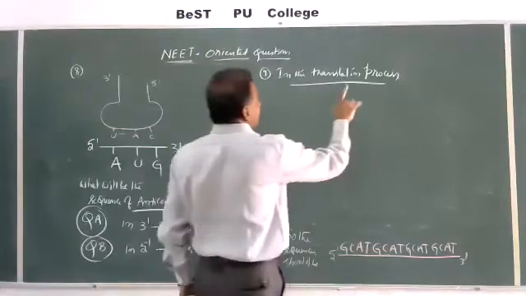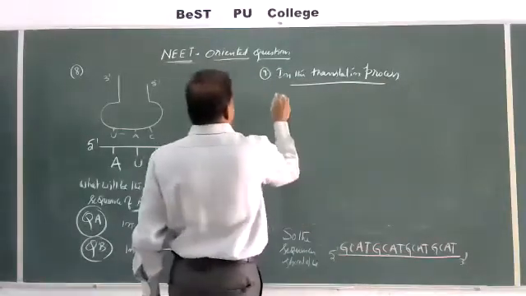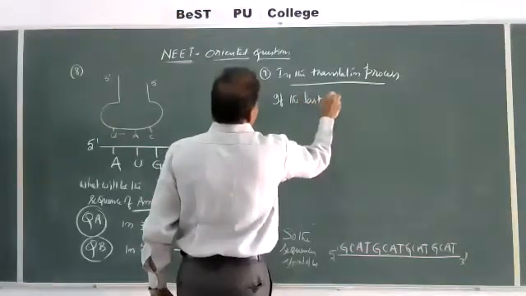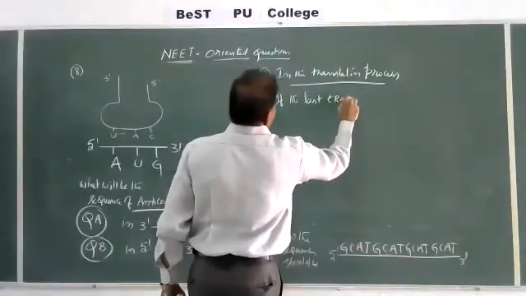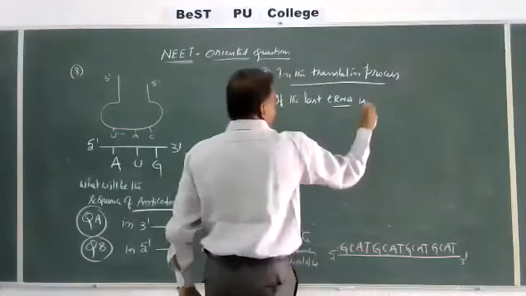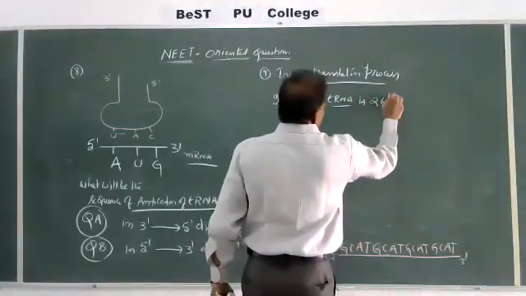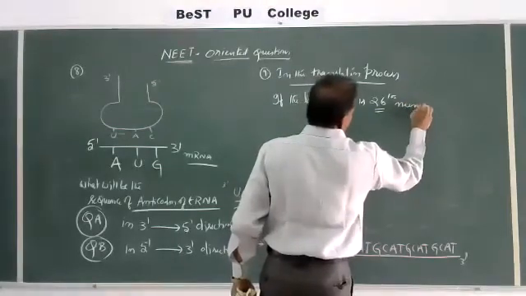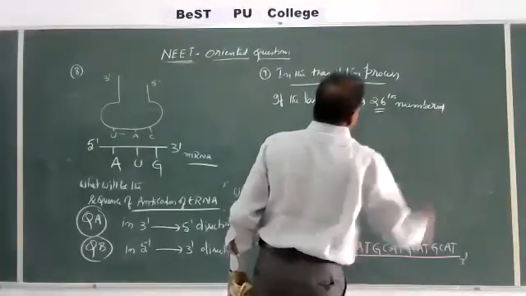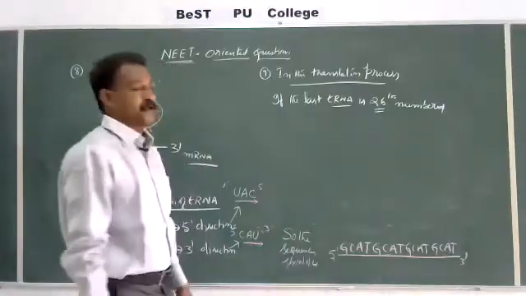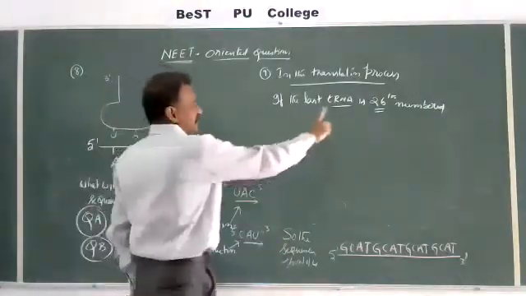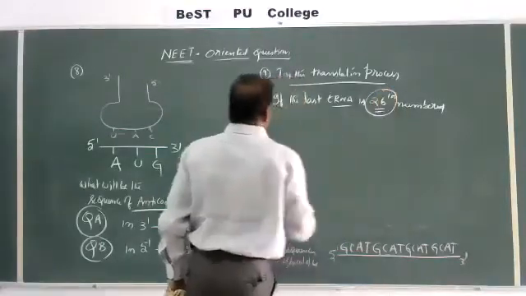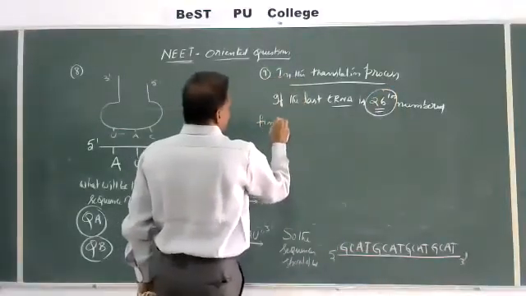In the translation process, if the last tRNA is 26th numbered, in the translation process, if the last tRNA is 26th number, find out